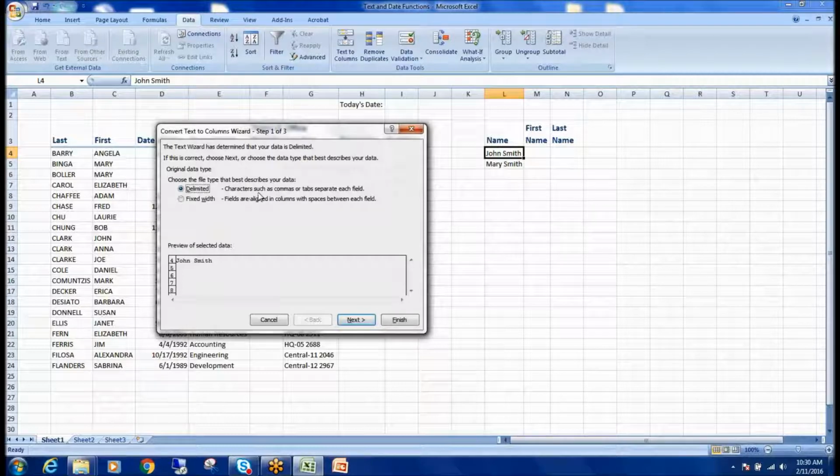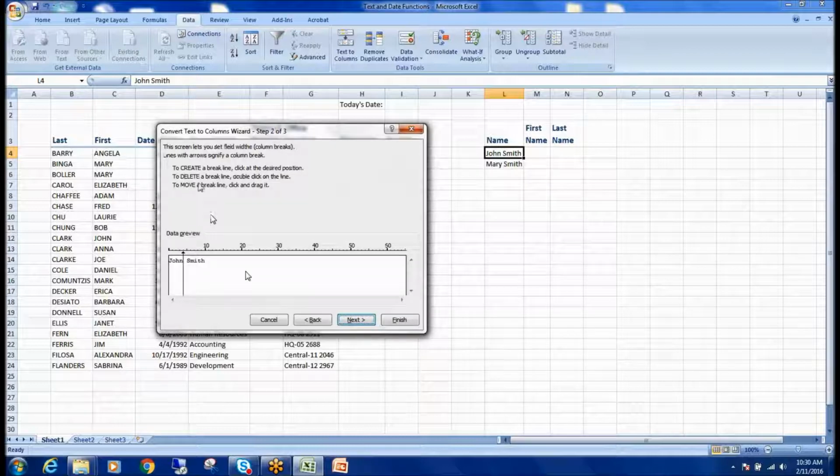So you can choose characters, commas, or tabs. So if there's commas in there, you can easily separate them out. If not, I can try to use fixed width. Fields are aligned in columns with spaces between each field. So I hit next, and on this next screen, step 2 of 3,